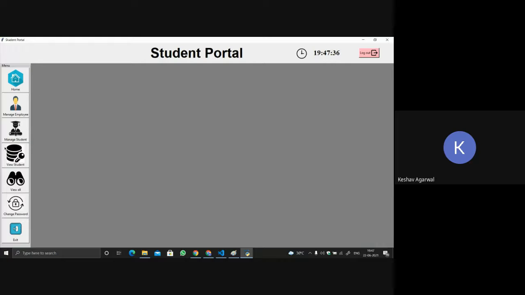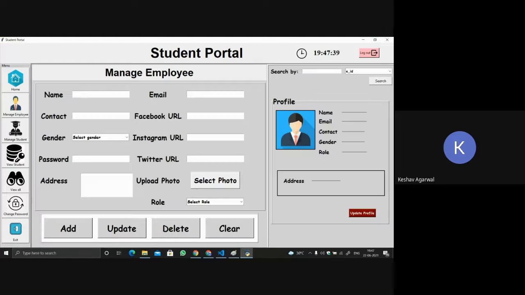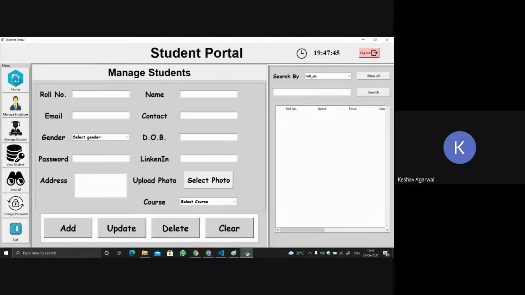In the example over here, see, when I click, this page is opened, and when I clicked on manage student, the previous page got destroyed and replaced by this page. We are not linking it, we are destroying one frame. This part is a frame.